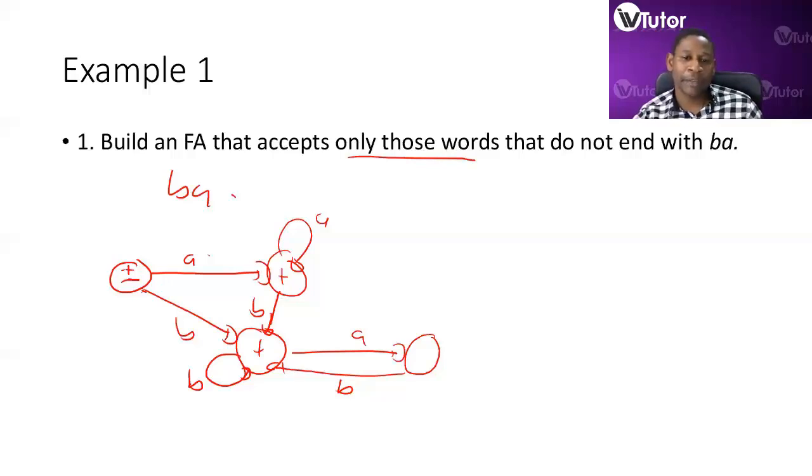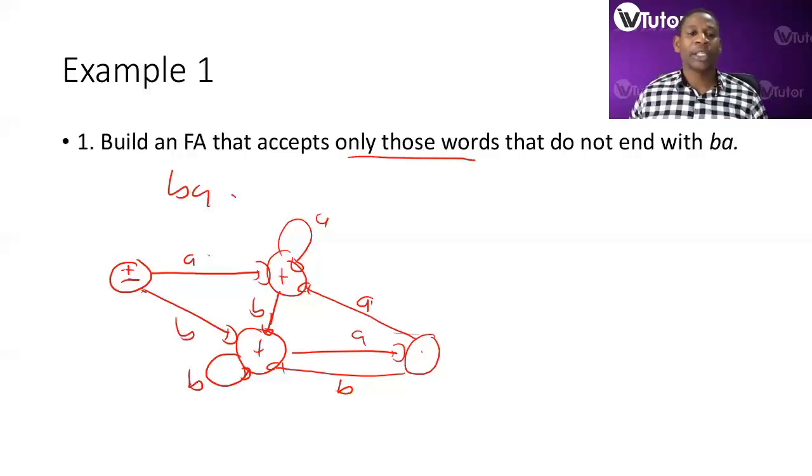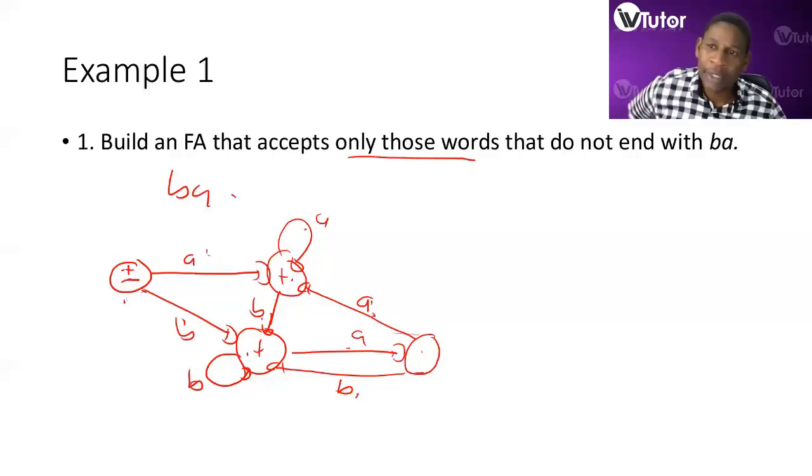So now, if you're in this state and you have an A, you can come to this final state. That's it. So this becomes the finite automata for that. Now let's check our third condition. This state has got an A and a B. This one has got an A and a B. This one has got an A and a B. This one has got an A and a B. So it fulfills all the three conditions of a finite automata. Does that make sense?